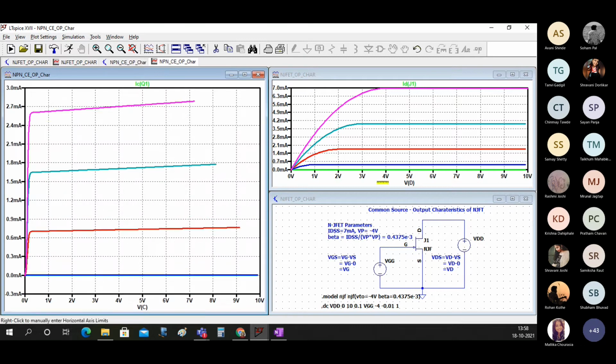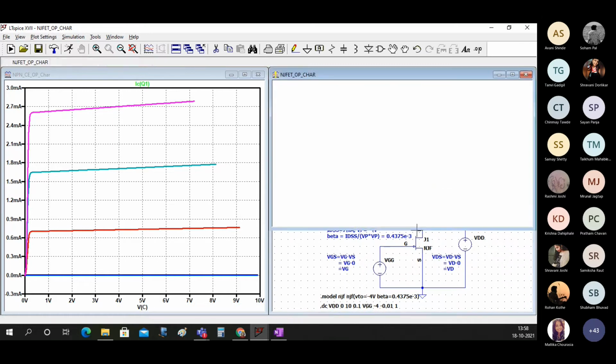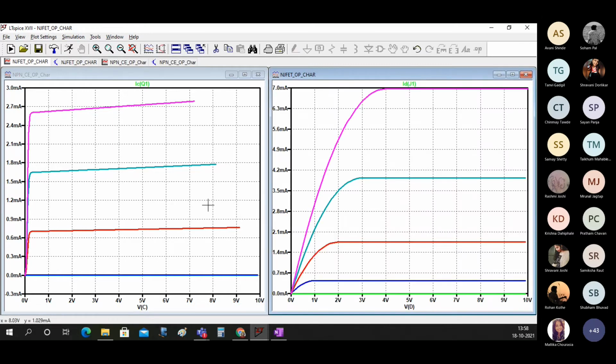So what we are doing now is actually comparing the two devices.